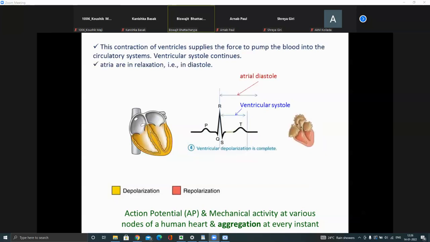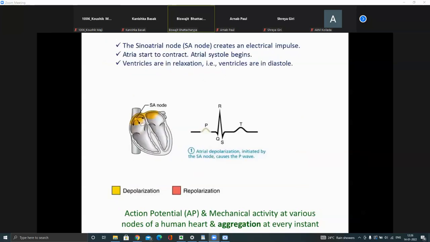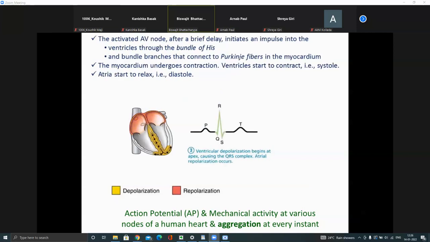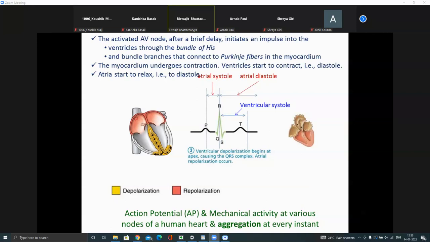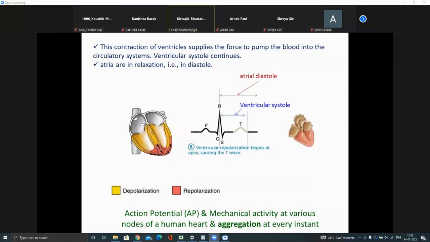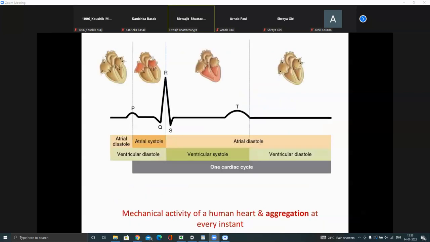Okay. So what happens? I just want to show you the figure. This part, initially the P wave. Then in between P and Q, that particular wave. Then the QRS part. So that is the peak coming here. QRS complex it is called. Then it is in between S and T. Then T. Then after T, the cycle completes now for the ECG wave. So the whole thing is shown now altogether.